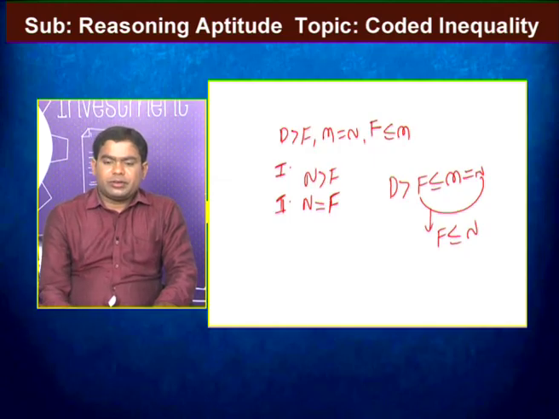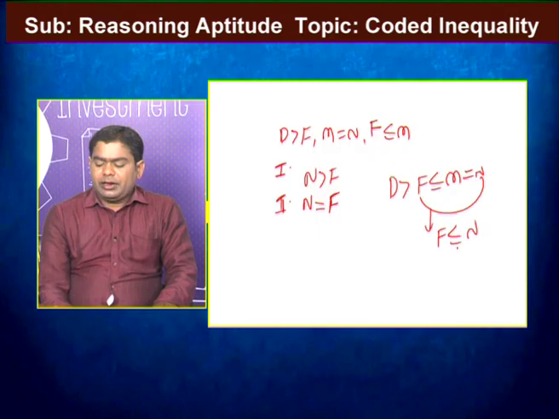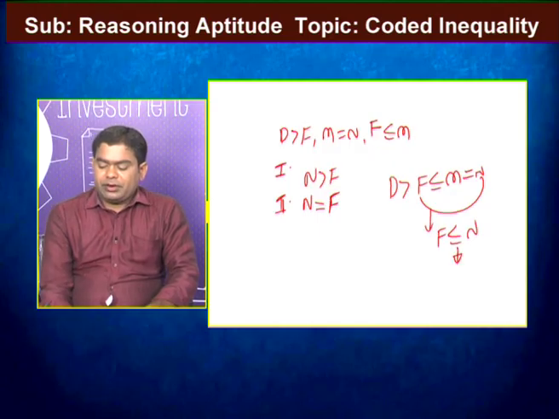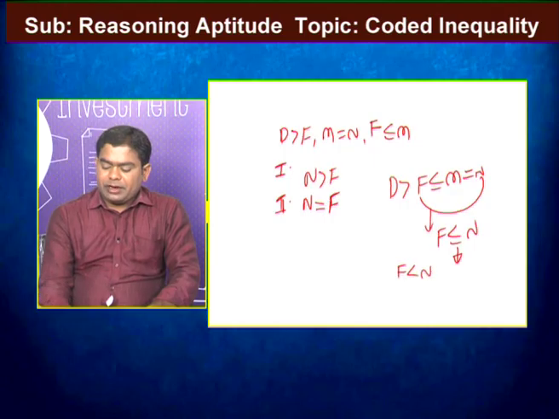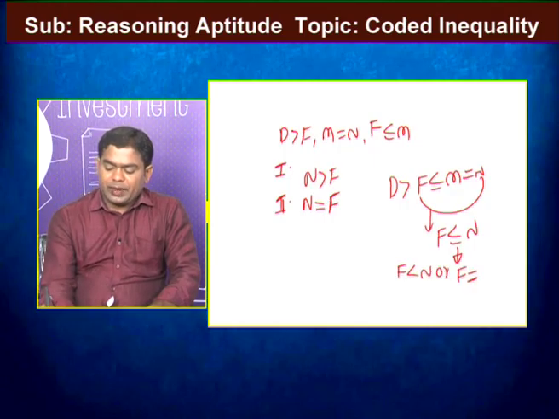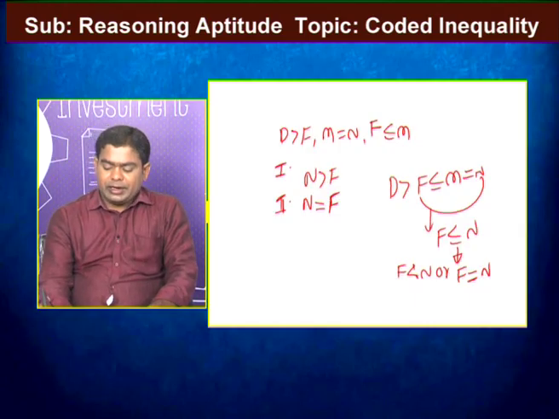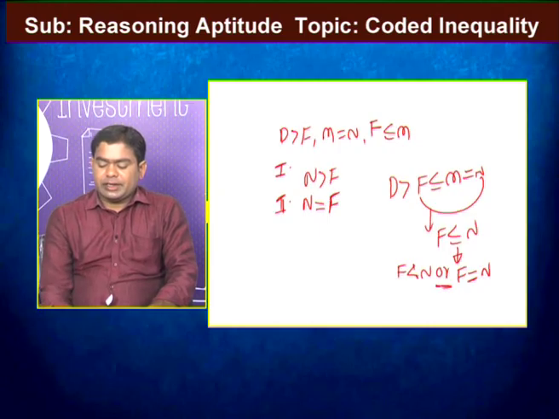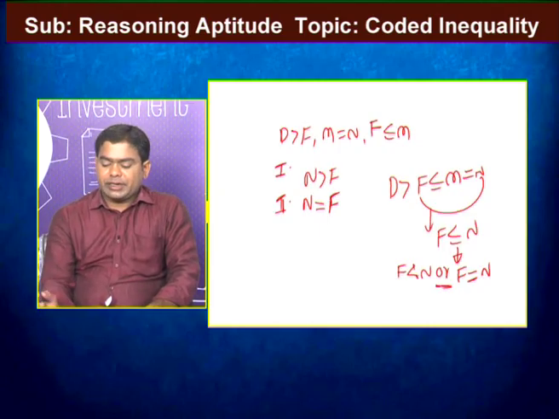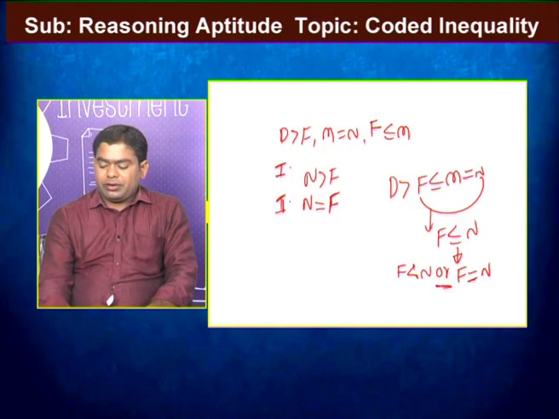Here conclusion 1 and conclusion 2 contain the same terms, and in the combined statement we get f less than or equal to n. That means indirectly f less than or equal to n is nothing but f less than n or f equal to n. Conclusion 1 is there and conclusion 2 is there, but in between r is there. That means conclusion 1 is satisfied by the given statement, conclusion 2 is also satisfied, but f less than or equal to n means f less than n or f equal to n. That means conclusion 1 or conclusion 2 follows.